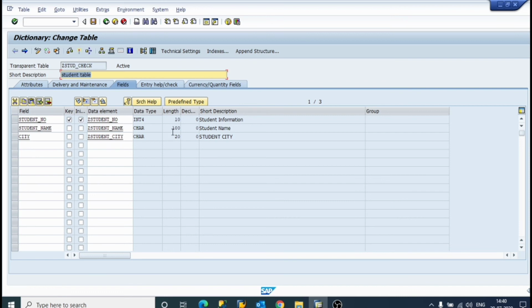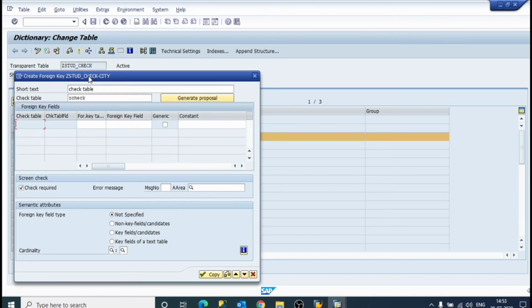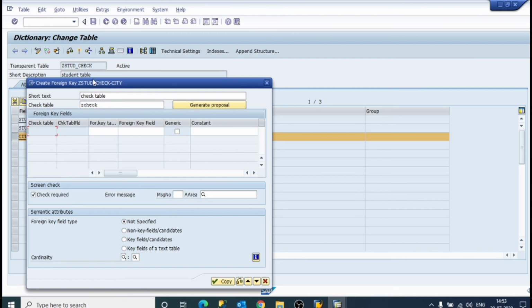Now we will add the Z check table in this table. Now for the city field, just generate proposal and click on copy.